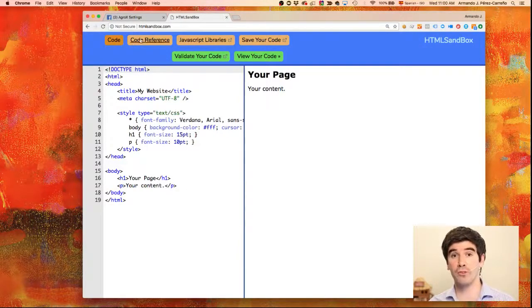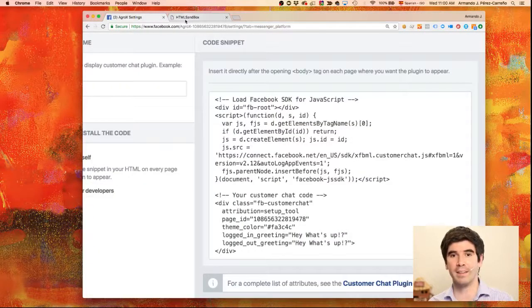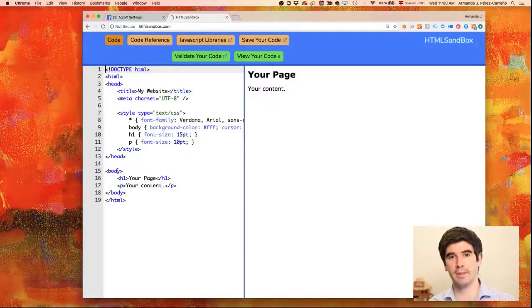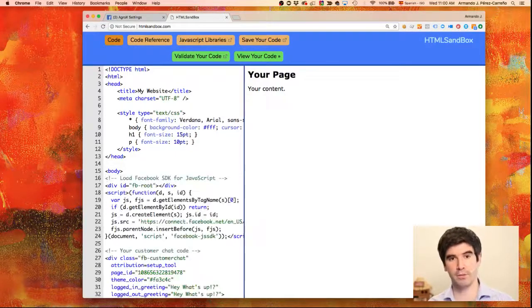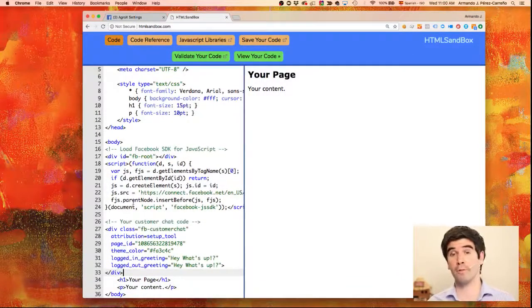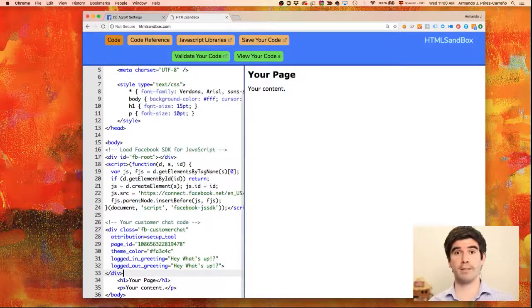So what the instructions said here were basically just copy this directly after the opening body tag. So if this is the body tag, you can see it's opening, and down here it's closed. Directly after it, I'll just paste it, Command V on a Mac, Control V on Windows, and that's it. That's all you have to do. If it's a one-page website, you do that, you save it, and that's it. It'll work